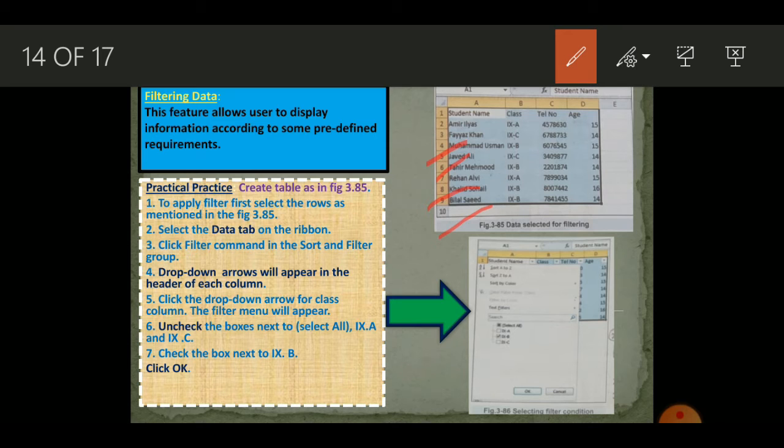Actually they are not deleted, they will be hidden from your site. If you look carefully at the row numbers after applying this, you will see some of the rows skipping. Those cells are hiding behind the screen. You can repeat the process, undo the checkbox and click on all the checkboxes, and you will be presented with all the data again. So this deals with the filtering data command.